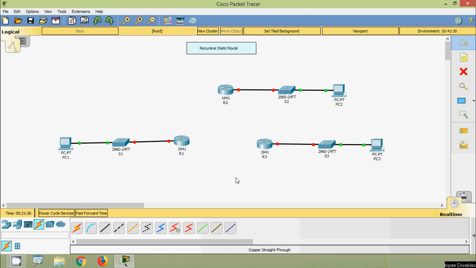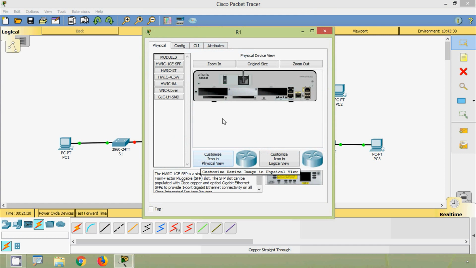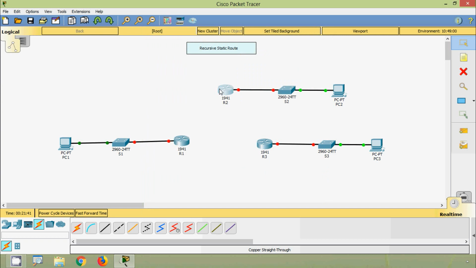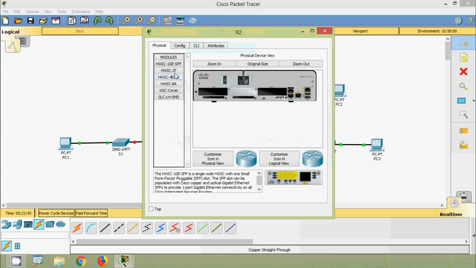Now we will add WAN interface card on these routers. Coming to R1, and we will switch it off. And here we will add this serial high-speed WAN interface card, and we have to switch it on. Coming to R2, we are going to add this module here, and coming to R3,